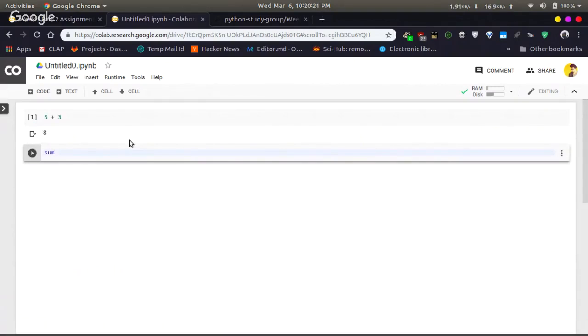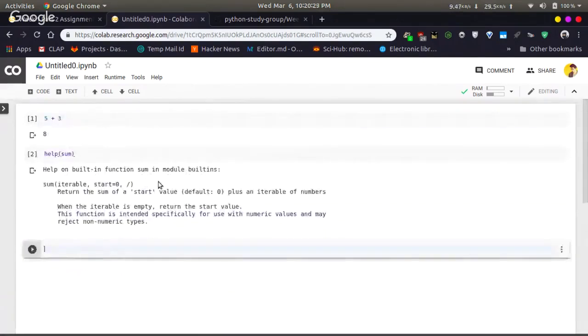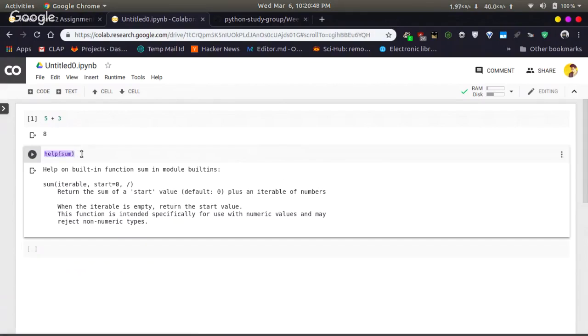You can actually type help to see what this does. It is a pre-built function. So if you have any doubts about keywords or functions, you can just type help followed by the name, like sum.